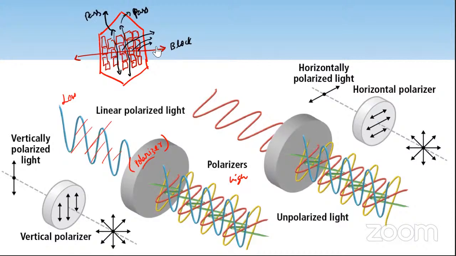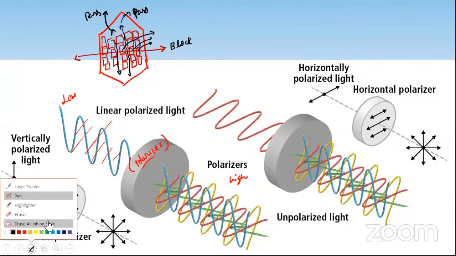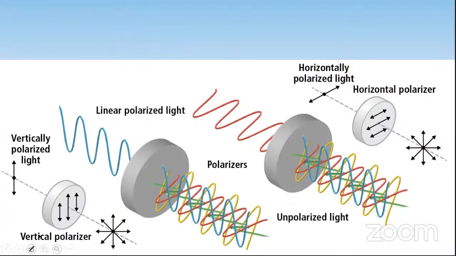So what's going to happen is, when these crystals are arranged in such a way, they are going to block some of the light in a particular axis. And the rest of the light will be passing through without any problem. So if you notice here, the same thing is happening. This polarizer is passing the light only in this axis, right?